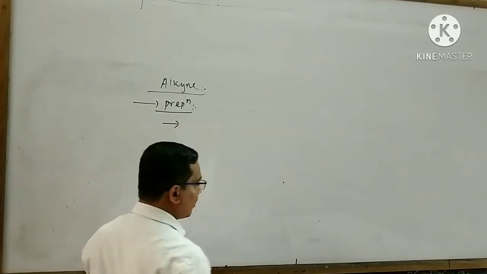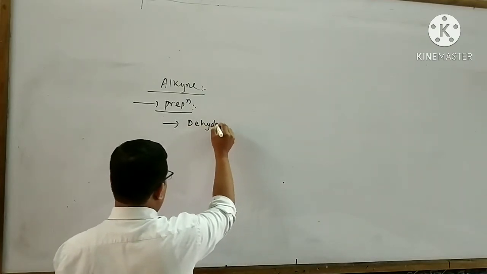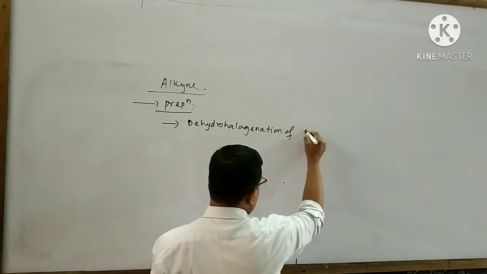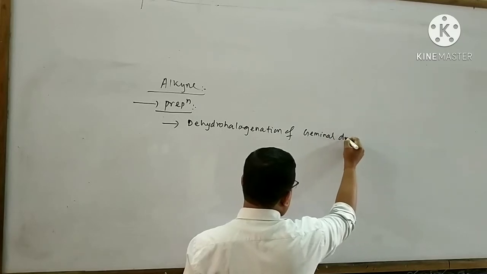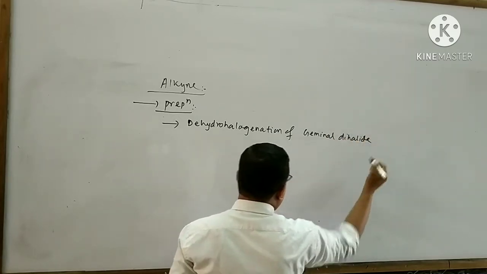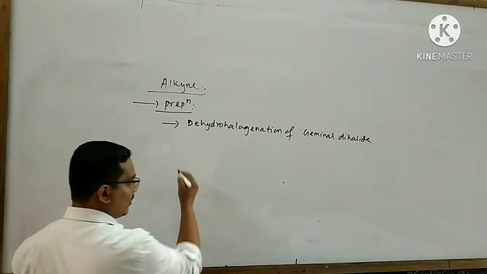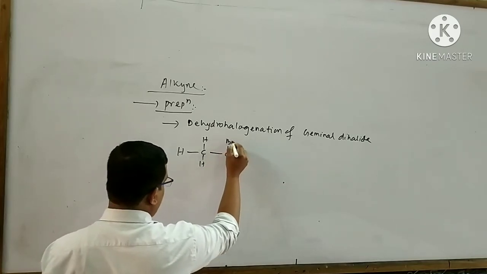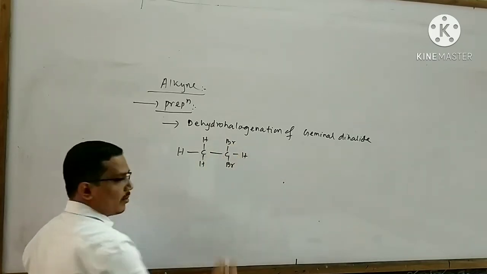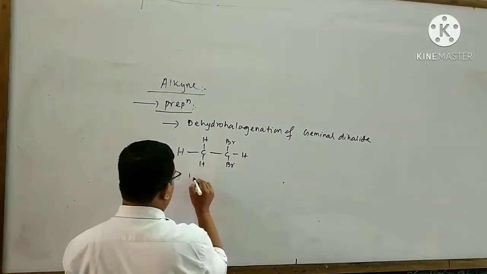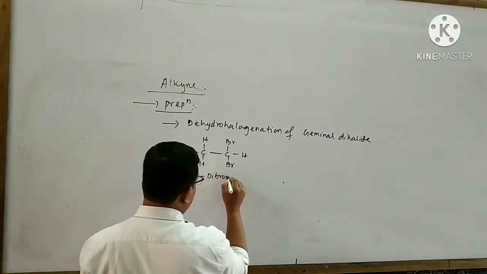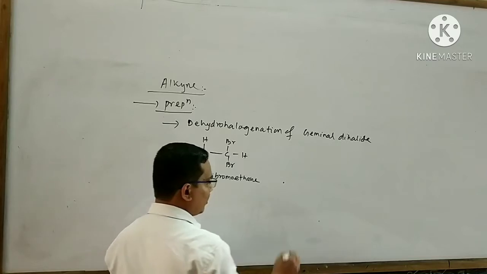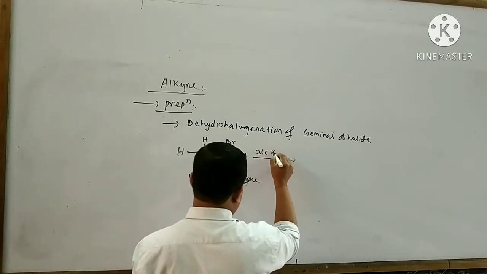Next, I will explain about the dehydrohalogenation of geminal dihalide. Take an example of geminal dihalide. This is an example of geminal dihalide. The name of this compound is said to be 1,1-dibromoethane. When 1,1-dibromoethane is subjected to reaction with the alkali KOH or